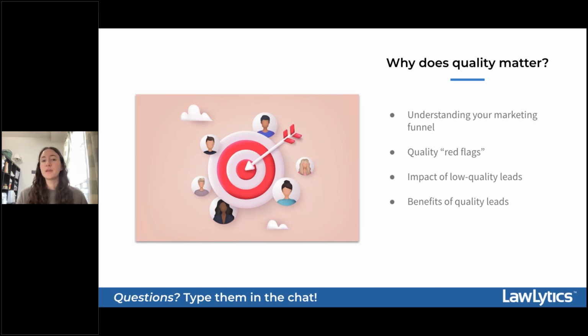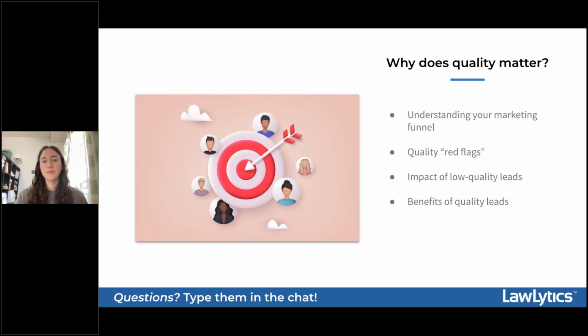Because so many of your leads will be colliding with your firm and your overall brand at the top of that funnel, they essentially have a long ways to travel to the bottom of that funnel. And a higher quality lead is going to have a much easier time moving through those stages and making that conversion for your firm rather than a lesser qualified or quality lead.